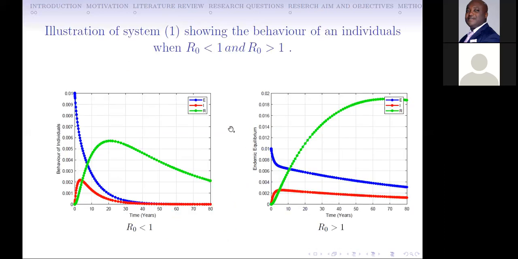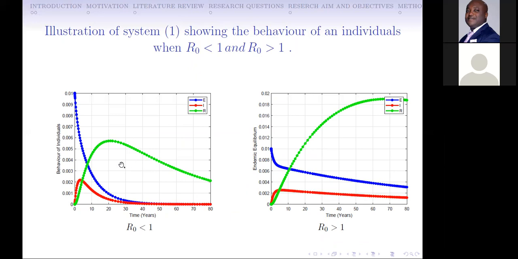This is a demonstration of the system 1, showing the behavior of an individual when R0 is less than 1 and when R0 is greater than 1. In this situation, when R0 is less than 1,